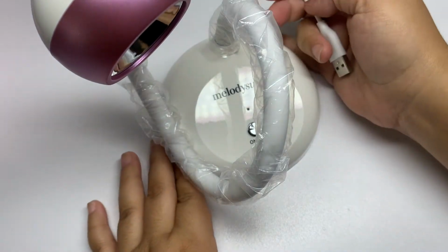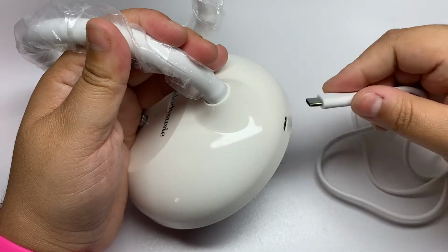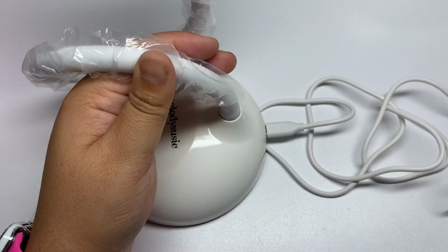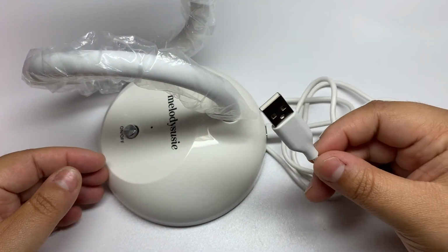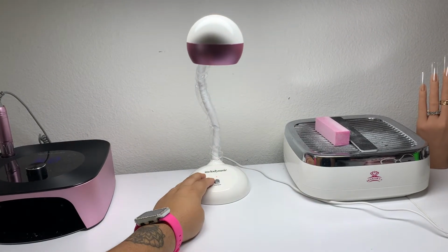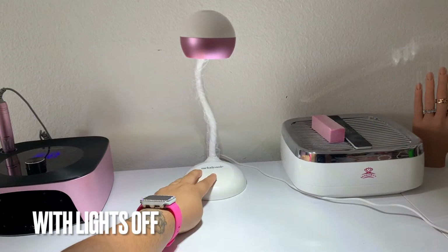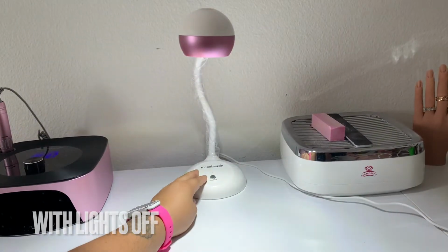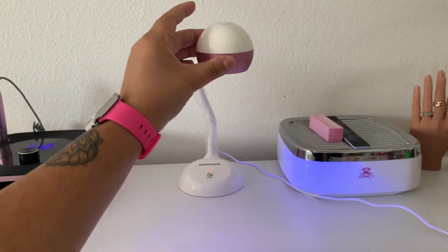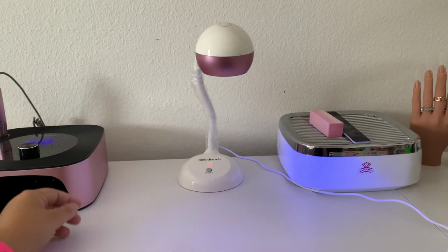And I absolutely love that it has a flexible tube, so it's an adjustable multi-angle LED lamp, and I actually didn't know that it's rechargeable, and it says on the website that 2.5 hours of charge will give you 6 hours of use. And what makes it a 2-in-1 is that it's a lamp and a LED light,